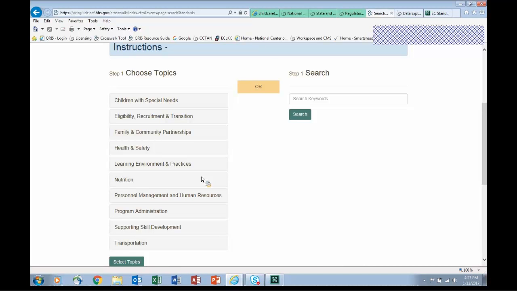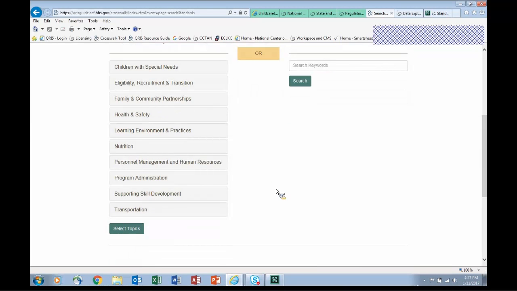So the way the crosswalk tool is set up is that there are these 10 high-level topic areas, and nutrition is one of them. And within those 10 topic areas are several subtopics.